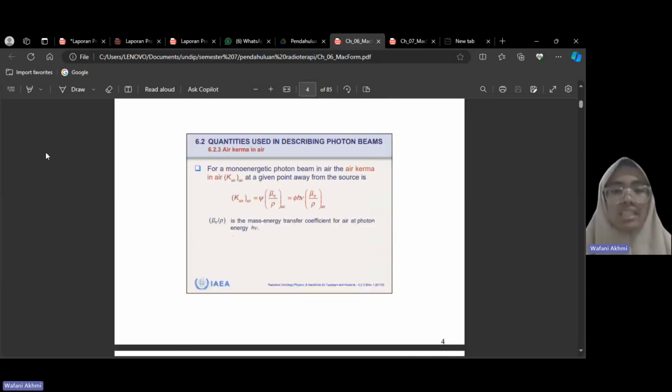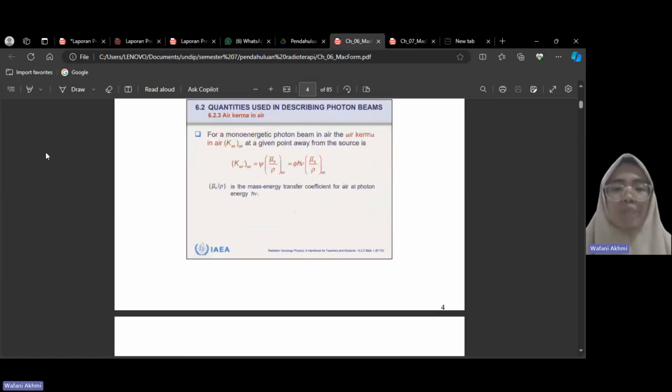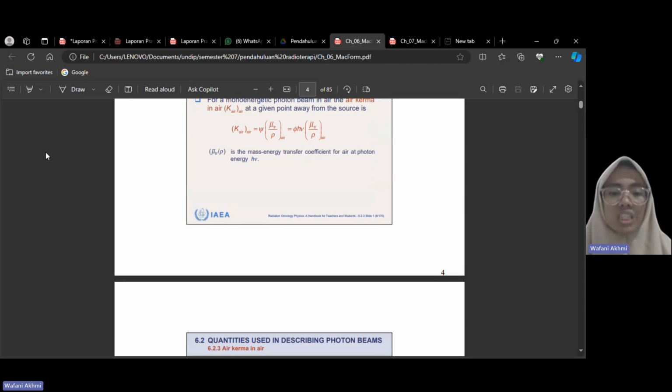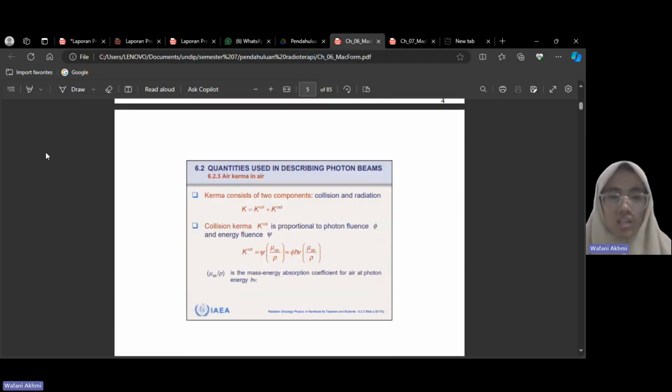For a monoenergetic photon beam in air, the air kerma in air at a given point away from the source, there is a formula: mu tr over rho is the mass energy transfer coefficient for air at the photon energy, hv. And then